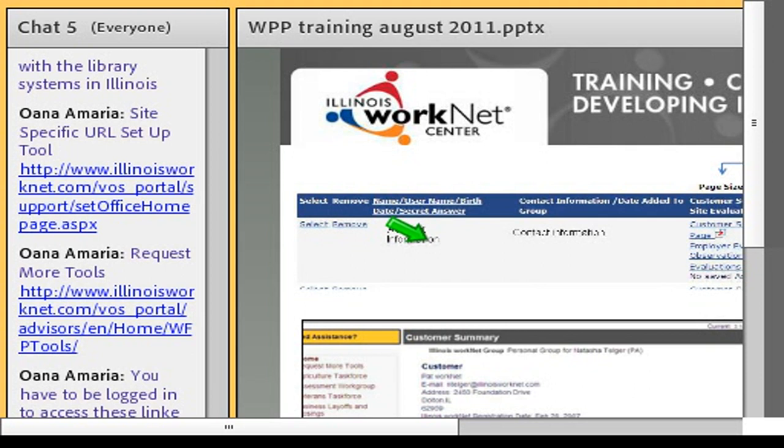If some of your people have been set up through IWDS and their email account was not correct, or for some reason the person did not include their email account, then you can go into the customer group and you can see their username, their date of birth, and the answer to their secret question. And those are the 3 pieces of information that they will need to recover a password. So it's much more convenient for you. Then you also have their contact information,